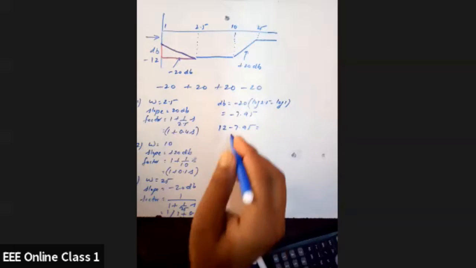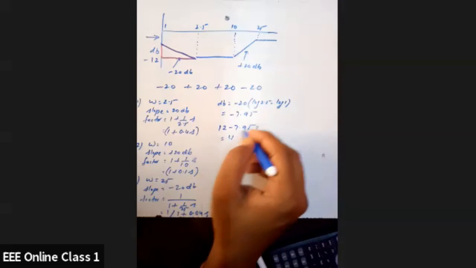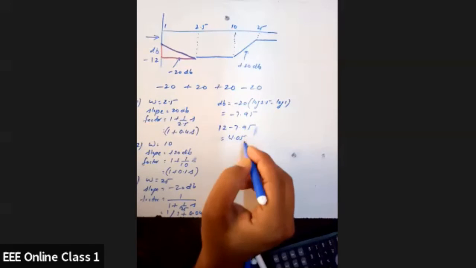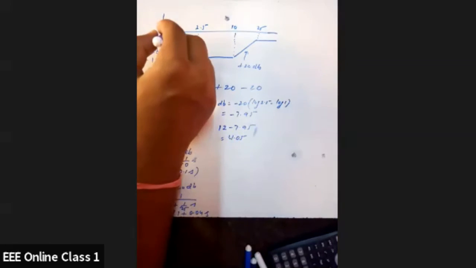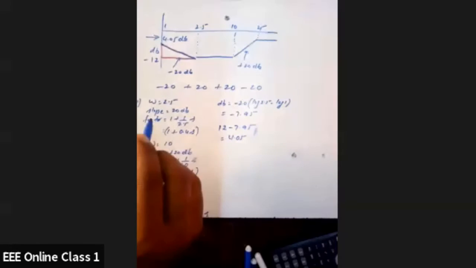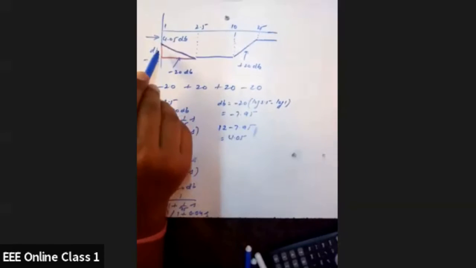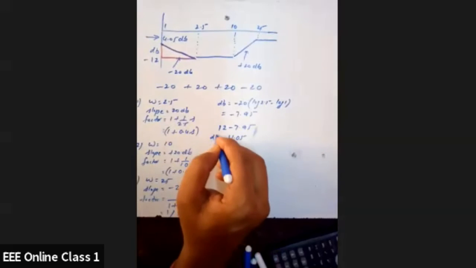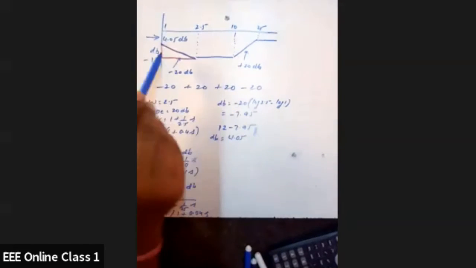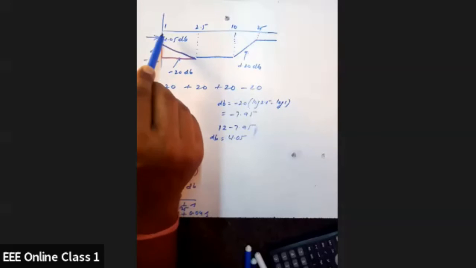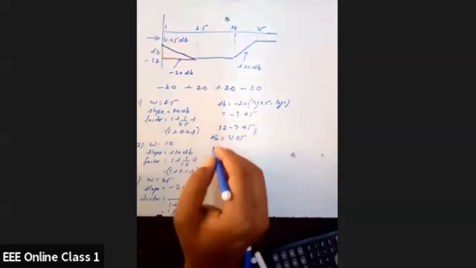Four point 0.05. So this is 4.05 dB and this is 7.9. So total becomes 12. Now it is very clear that the Bode plot has shifted 4.05 below omega 1. So I can write now